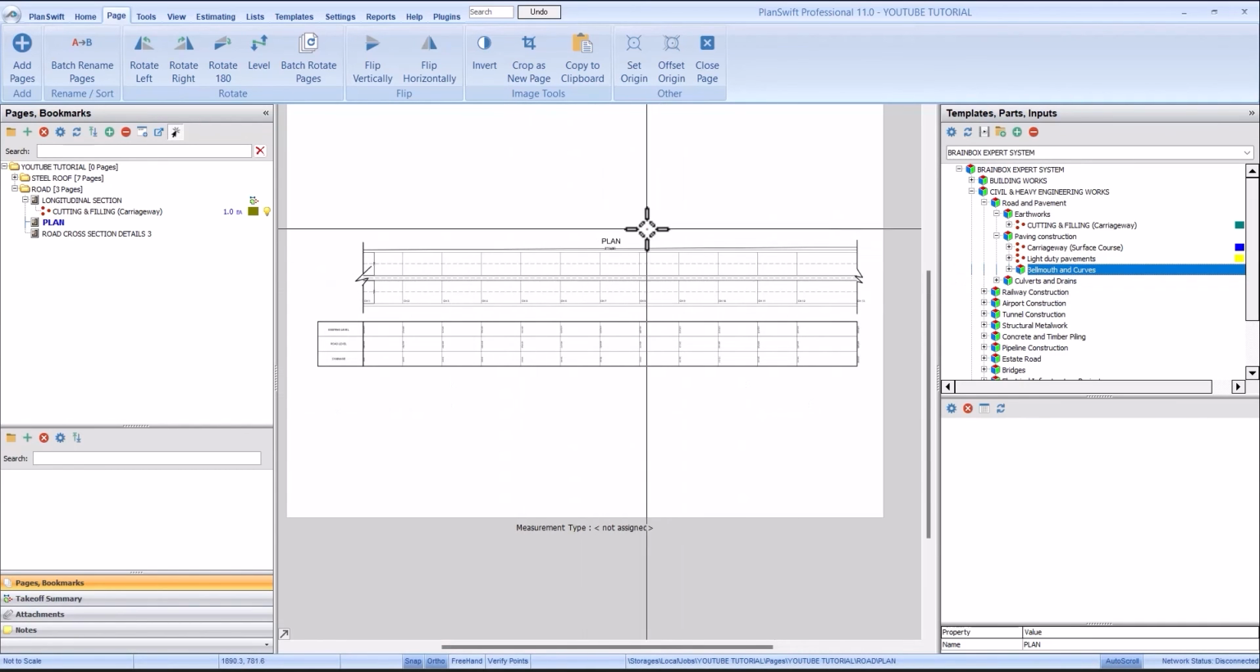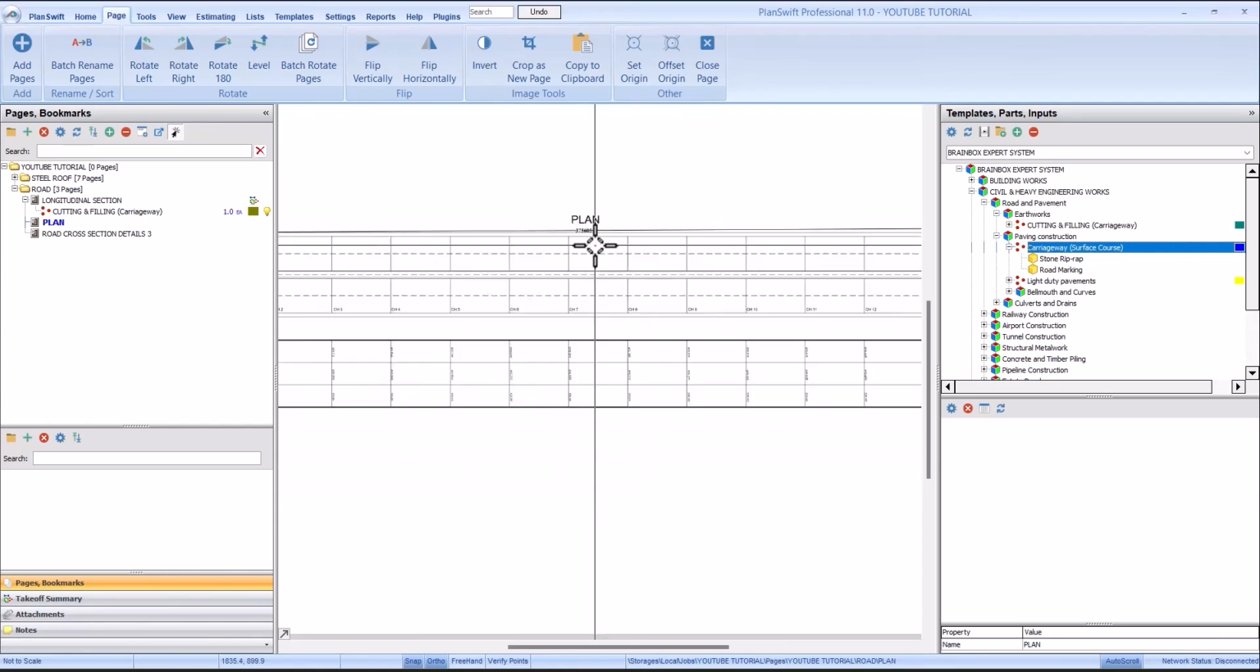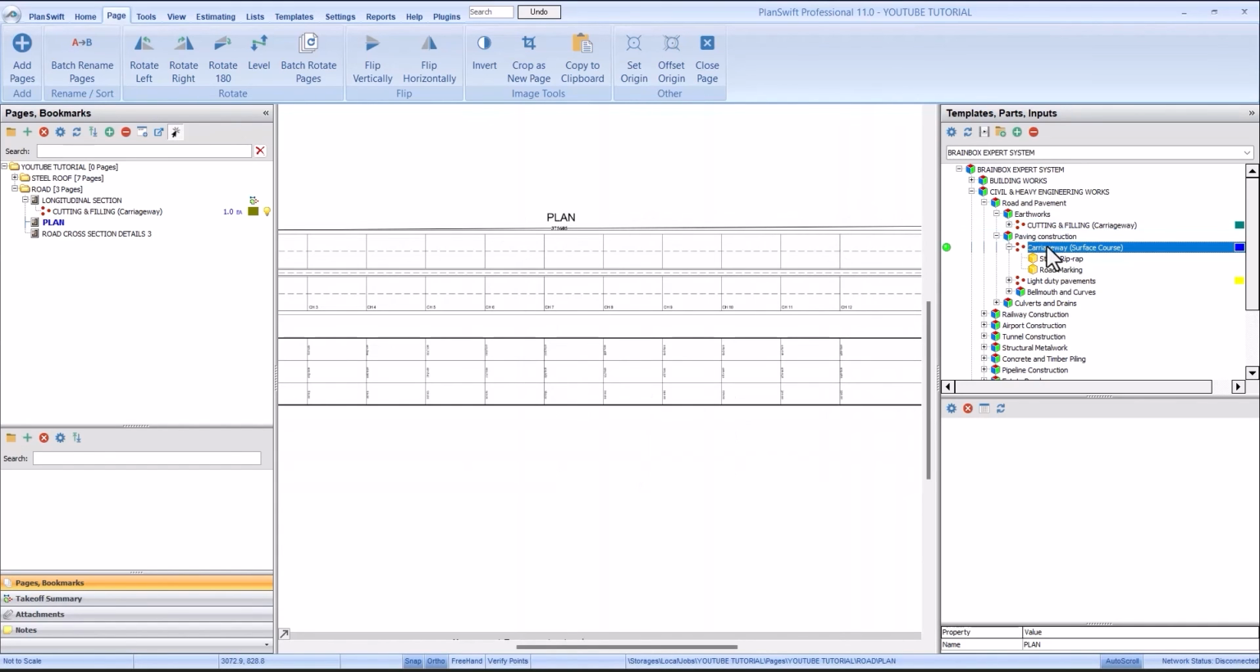So the next item now is carriageway. So under carriageway, we have stone riprap and road mapping. And also we don't have any stone riprap on this drawing. In our next drawing, we found a design that has stone riprap and bell mouth, so that we'll be able to treat them. So for now, we are just going to take the carriageway surface course and the road mapping. So when you click,